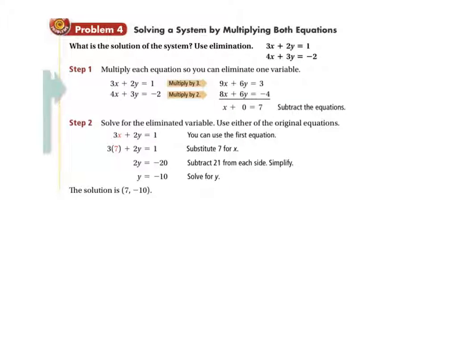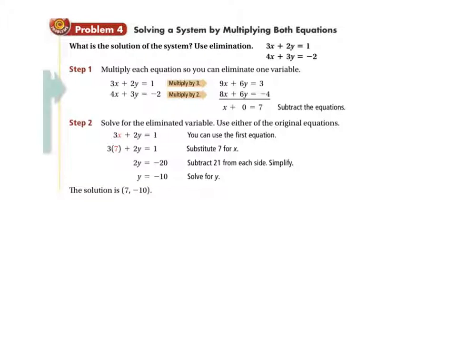Now you could also have multiplied by a negative, and just add it. So I could have made this negative 8x minus 6y equals positive 4. And sometimes I like to do that. You could have also taken the top equation and multiplied by 4, and the bottom one by negative 3, and eliminated the x's instead. Either way, lots of ways to do this, to be able to eliminate. Alrighty,